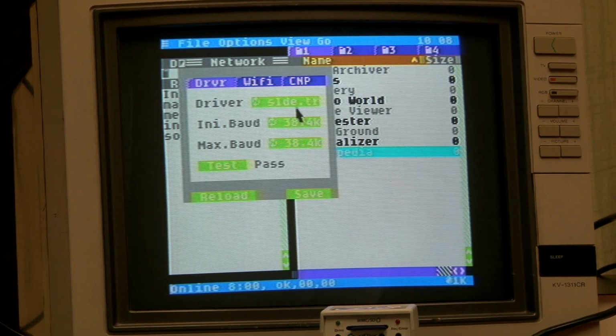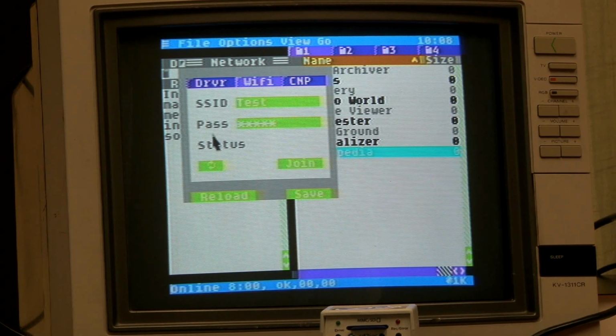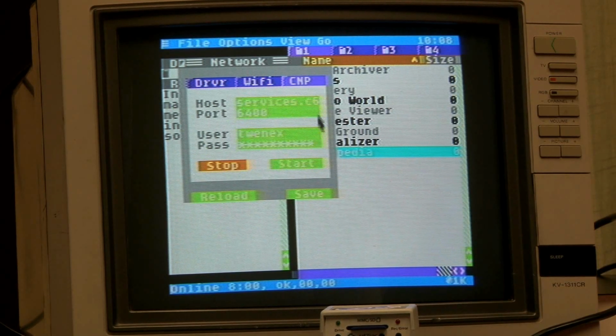There's already support for several different drivers. So this is the beta driver I've got now, which works with the beta firmware for the TeensyROM. Both of these are supposed to be released fairly soon. So if you have this configuration, you'll be able to get on Wikipedia and do other things as well. There's Wi-Fi configuration as well. TeensyROM does not use Wi-Fi, so you put in filler information. And then, of course, the